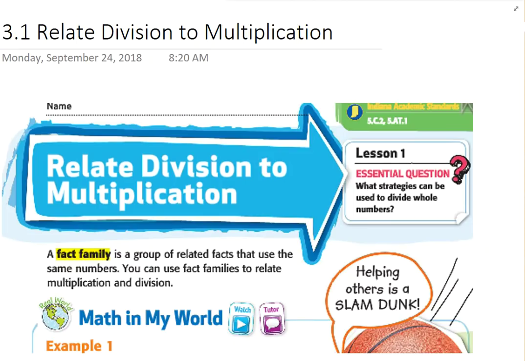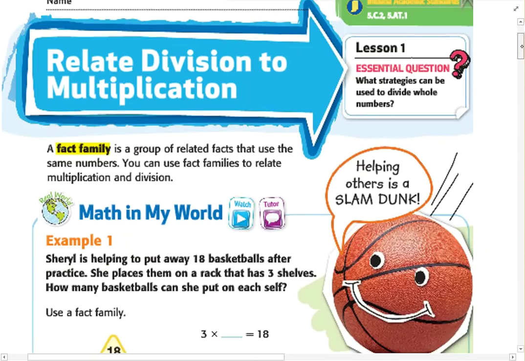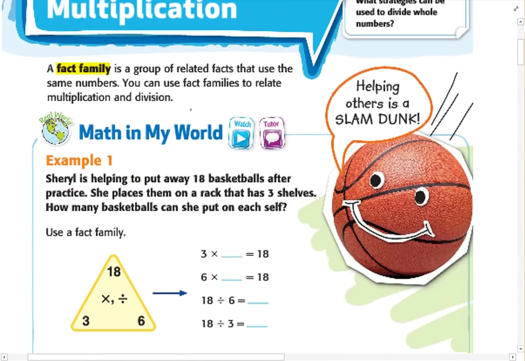In lesson 3.1, we are going to be talking about how division and multiplication are related. In simple terms, they are essentially fact families. A fact family is a group of related facts that use the same numbers, and you can use fact families to relate multiplication and division. In short, multiplication and division are opposites. And that's kind of a big deal because if we go one direction in multiplication, we can go the